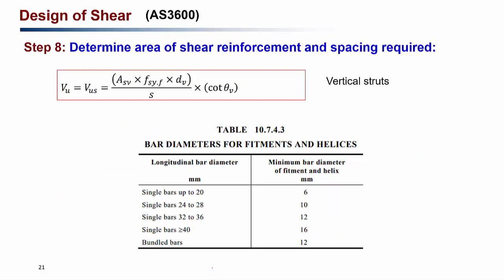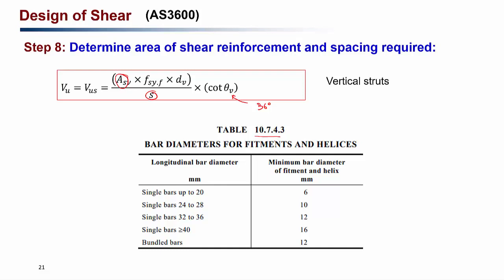So once Vus is known, we can use this equation to find the spacing and the area of stirrups required. And theta V for the simplified method, we can take it as 36 degrees as before. So in this equation there are two unknowns: Asv, the area of stirrups, and S, the distance between the stirrups, are both not known. Table